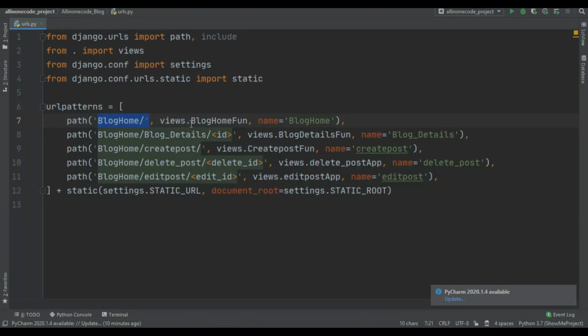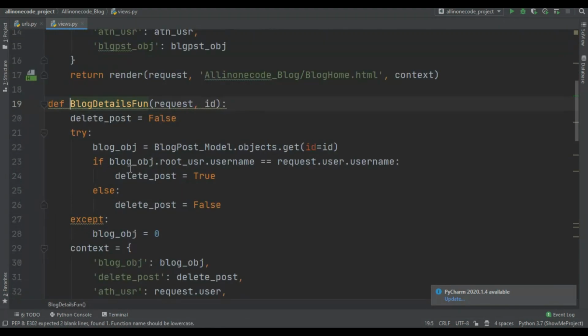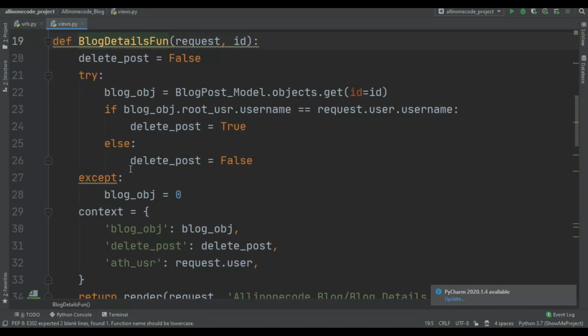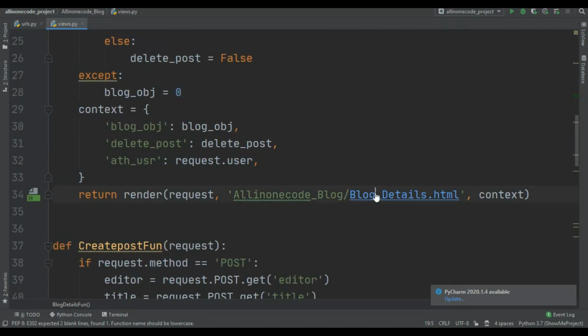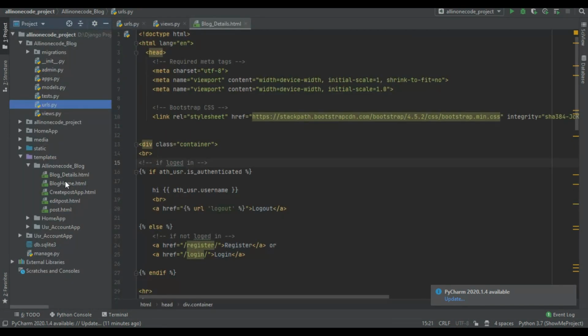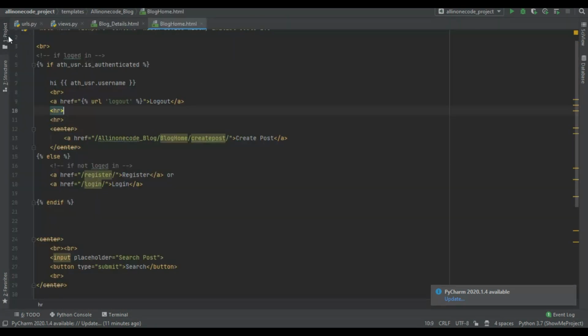So in the blog details function you can see I am first returning the render blog details.html. So let's go on first blog home, and in here you can see I am first printing all of the blog title.